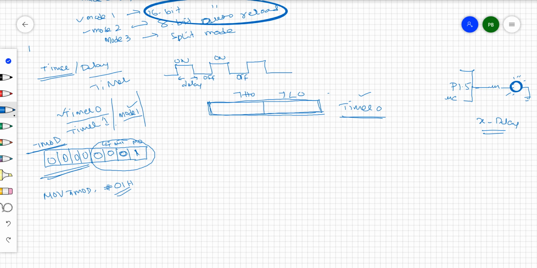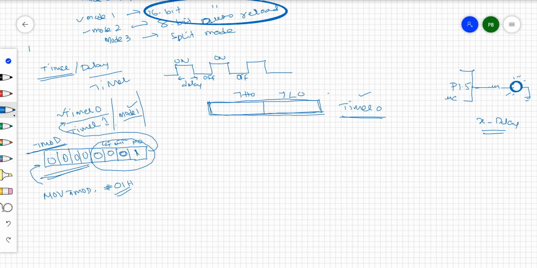That means you need to analyze in reverse. What timer you want to use? Then in what mode you want to use it, whether as a timer or counter, and whether you want to control it in software way or hardware way. Based on that we need to fill some data. You need to assume some data, and that data you need to move to the T-mod register. Based on this T-mod register, these timers are going to be controlled. So this is the one thing.